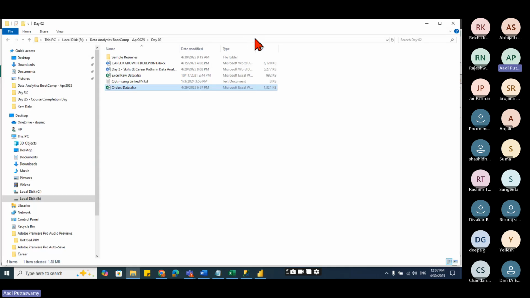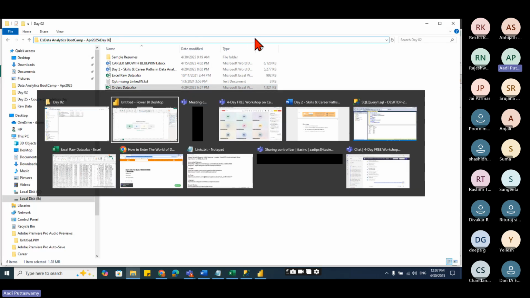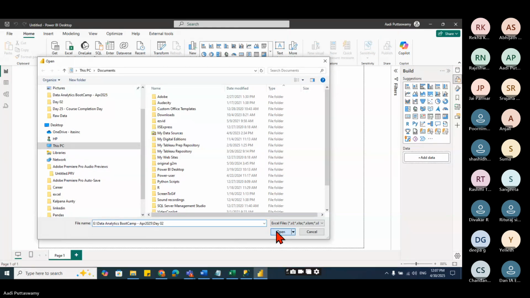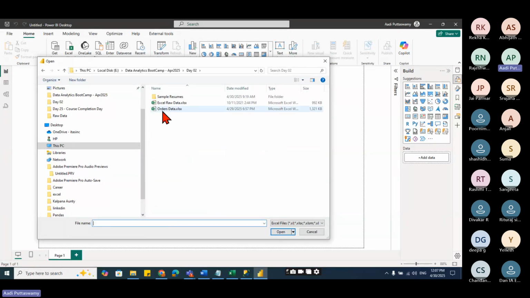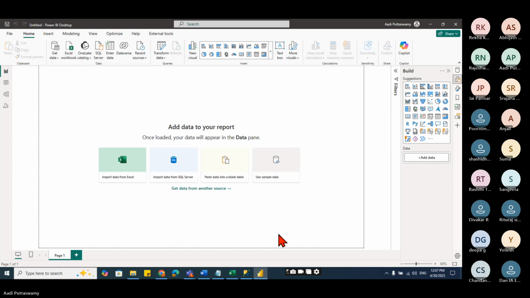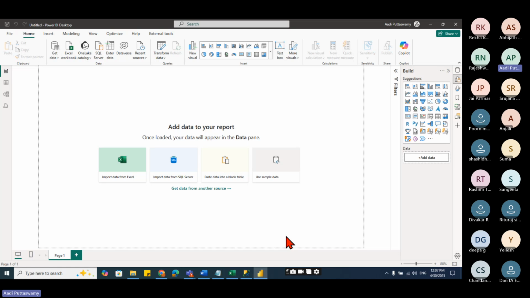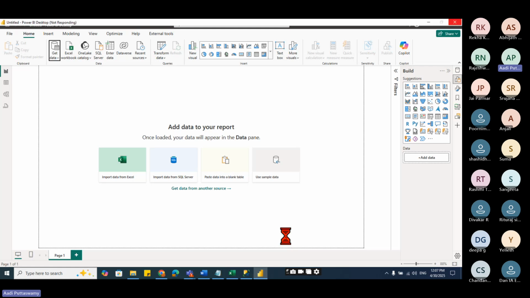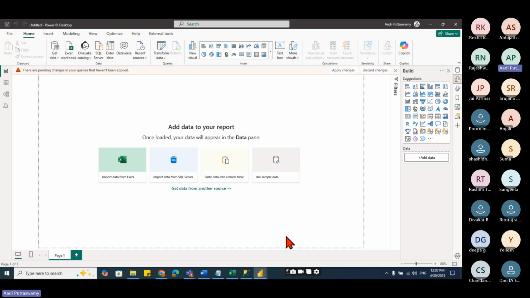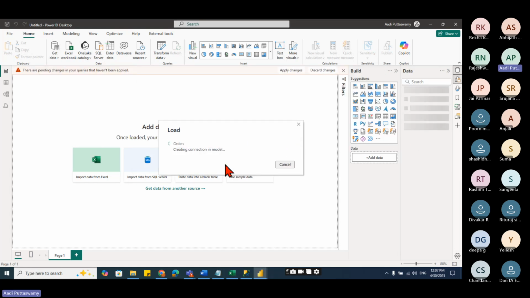And where is that workbook actually? The workbook is in this particular folder. Say open. And let me take this data. Select and say load. Load means I'm just trying to load the data. Okay. There are so many things to do. We have Power Query editors, we have DAX, many things are there. Since we don't have time, we'll just try to use this data which is already cleaned.